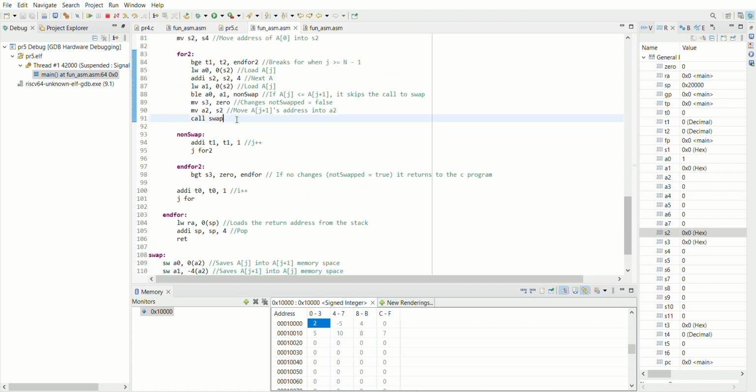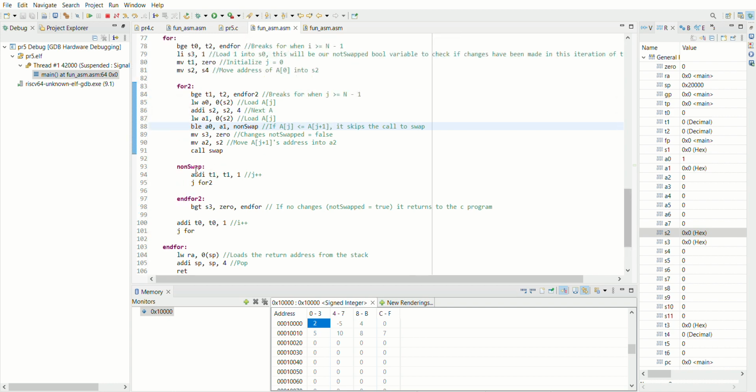It would return here, and it would jump to non-swap, which is basically where it would jump if it didn't have to change the two numbers. This just adds 1 to j, and it returns to the start of the second for loop again. Then when all the iterations have been done, this breaking point would be correct, so it would jump to the